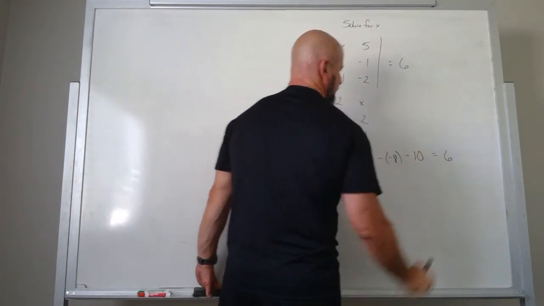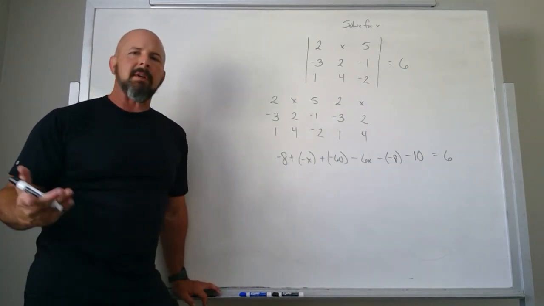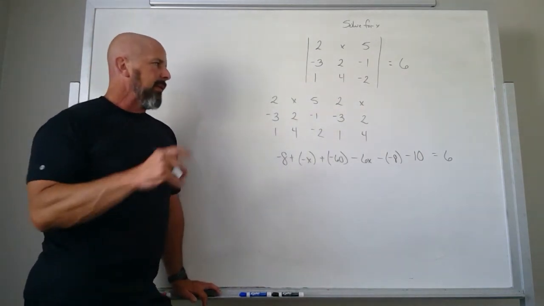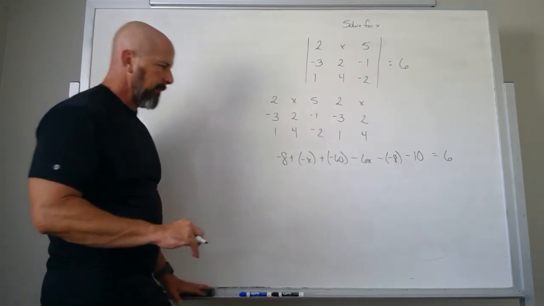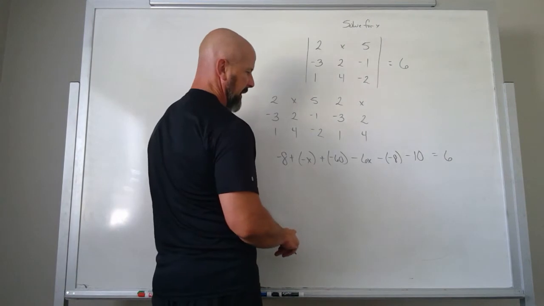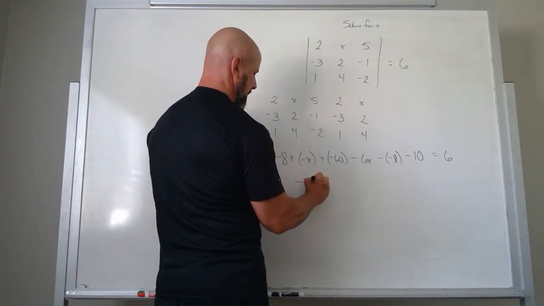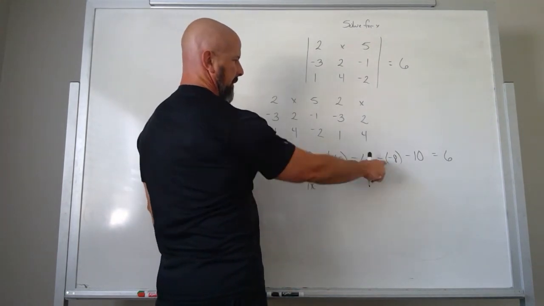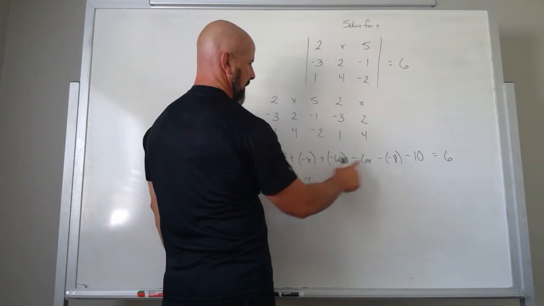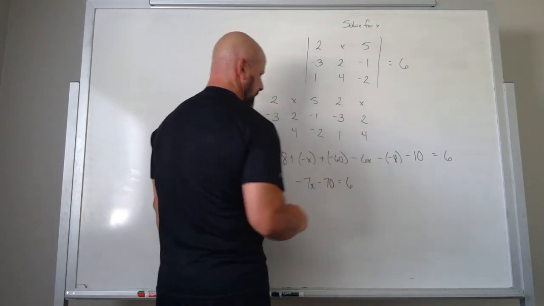Now I know this equation equals 6. Now I'm solving the equation. All right, so I did have a couple of x's. When it rewrote, I got an x in 2 spots, but it's still not changing how I evaluate that overall determinant. So let's get some things combined here. Let's see, that'd be negative 7x. Combine my x's. Negative 8 and positive 8 cancel, so we've got negative 70 equals 6, and there's